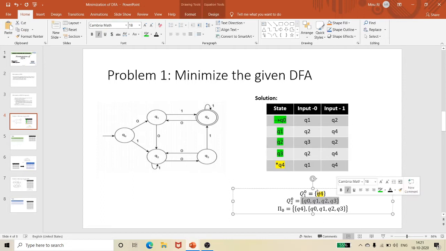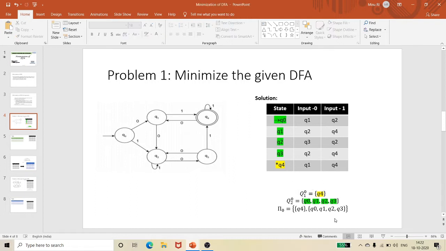They are creating two sets: the set of all final states as one set and the rest of the states as another set. In the first iteration, the notation used is capital pi. Pi of 0 is {Q4} and {Q0, Q1, Q2, Q3}. So, this is the first step.